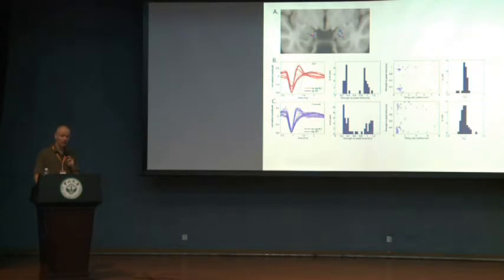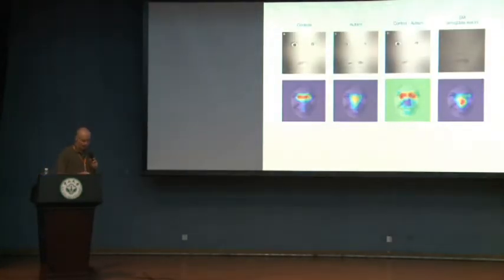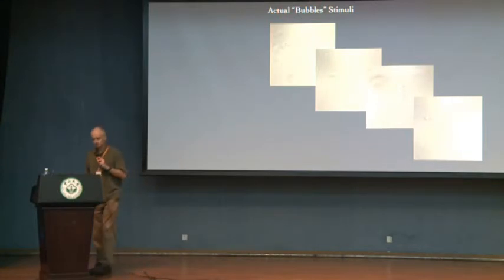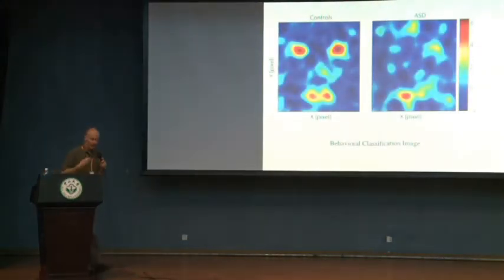But the next question that we asked is, how do they respond to faces? For that, we return to the story that I showed you earlier, where we found that the use of facial information, and also, from eye tracking, how we look at faces, is abnormal in people with autism. Particularly, people with autism don't seem to make use of the eye region of faces. So we used those same stimuli in these surgical patients. We showed them little bits of faces, these little bits of bubbles faces, while we recorded from single neurons in their amygdala. And we got a picture behaviorally that's similar to what I showed you before.